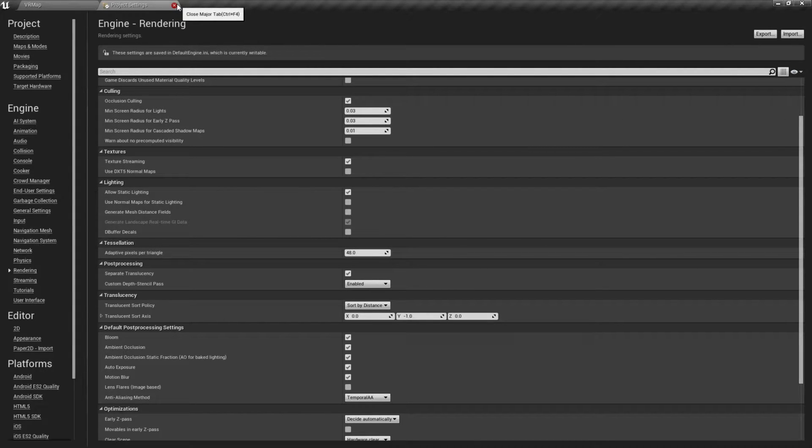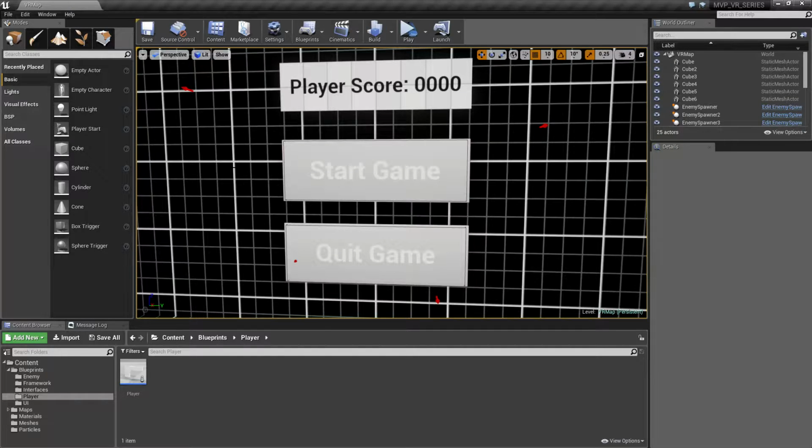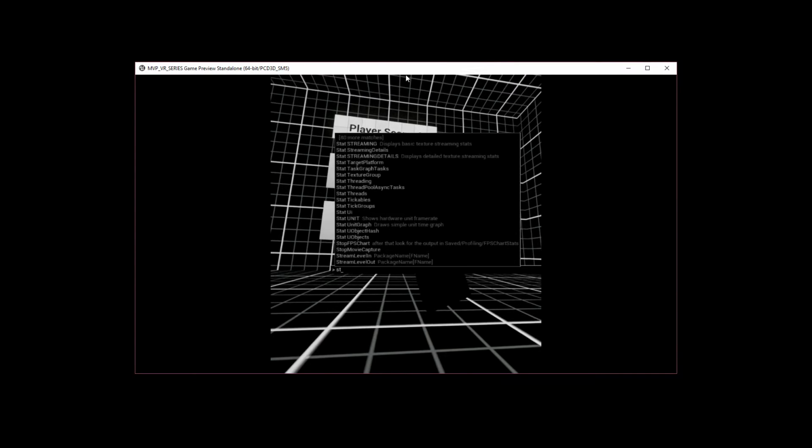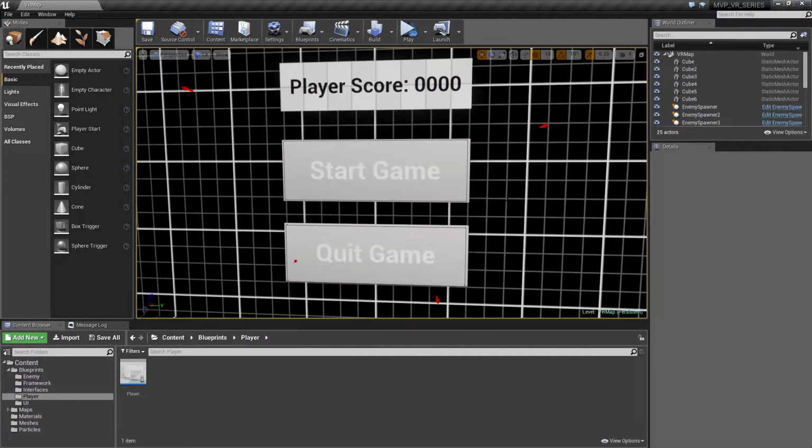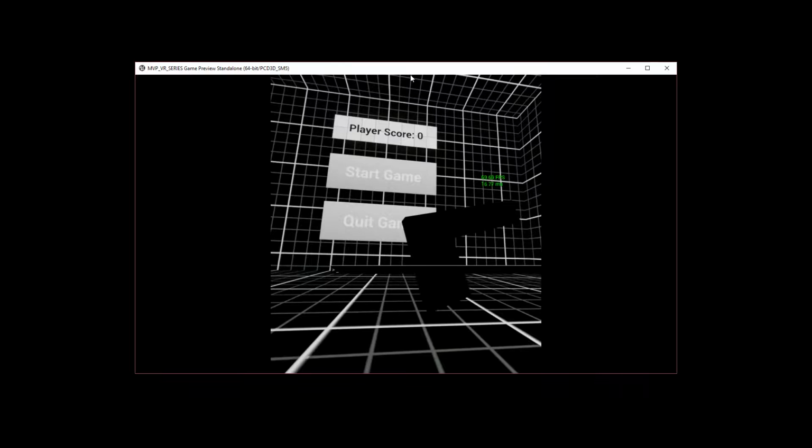Now, let me pull up the frames per second. Let's run this. If I pull up stat FPS, we're going to see on this machine we're at about a constant 90 frames per second. Now, what we want to use is the profile GPU command. So if I run this again, pull up my console, and type in profile GPU,